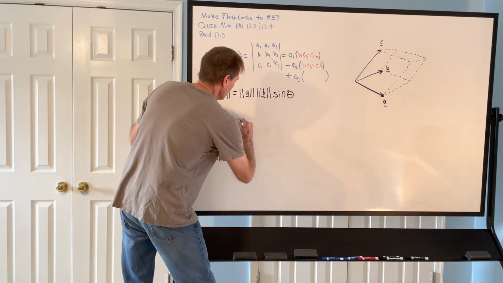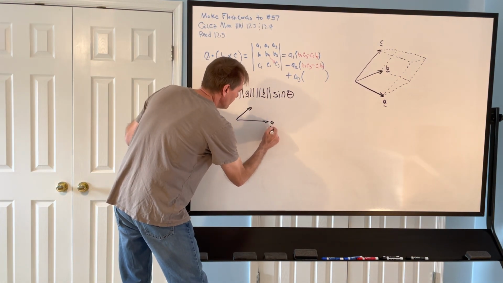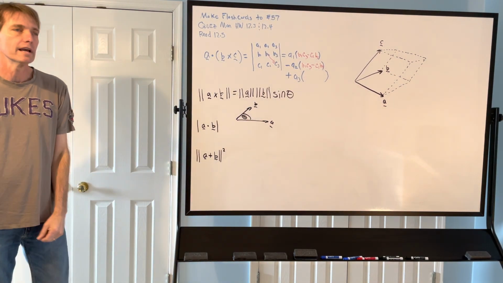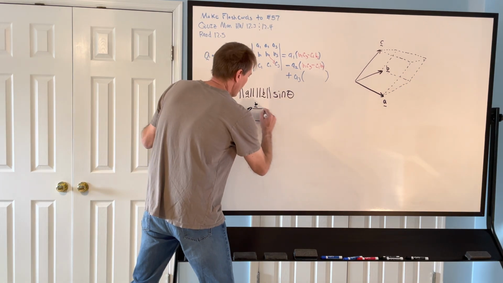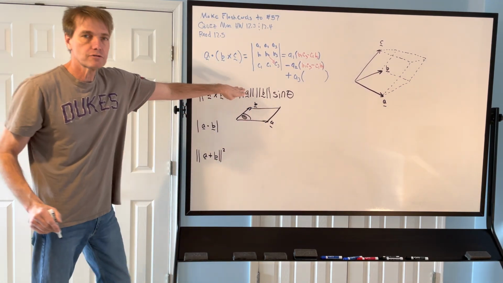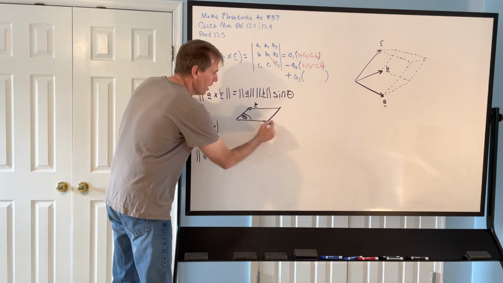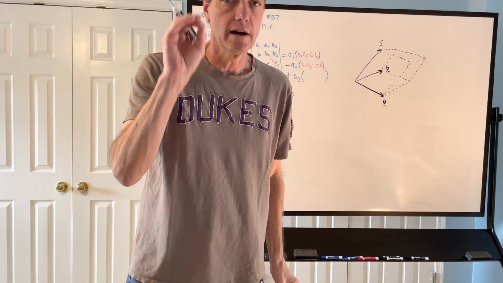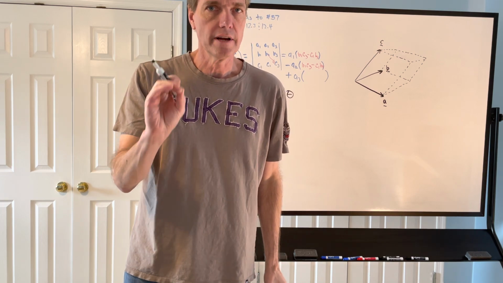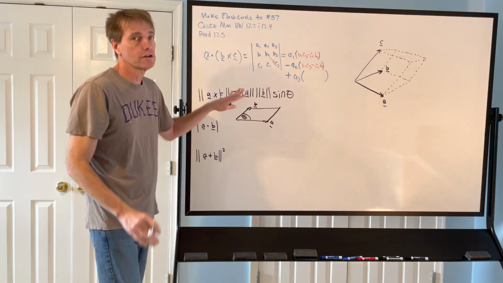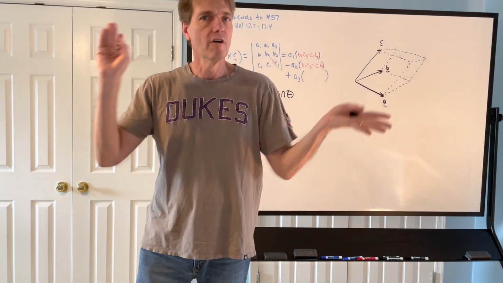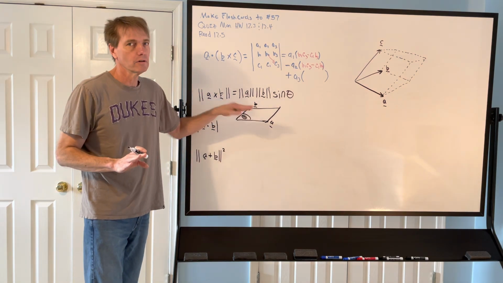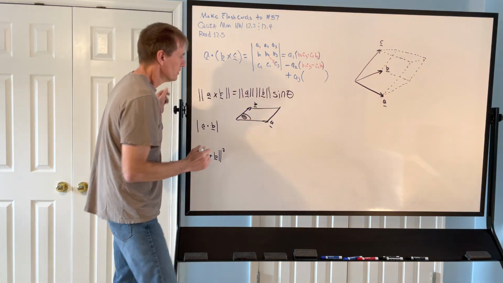I can tell. Okay, so I've got my vector A. I've got B, and then that theta is the angle between them. And then what we found is that geometrically, this is the area of that parallelogram. And let me tell you again, you don't recognize how important this is. When we change from different coordinate systems, when we go from our i, j, k to cylindrical or spherical coordinates, and we're talking about calculus, this is really important. So the area,